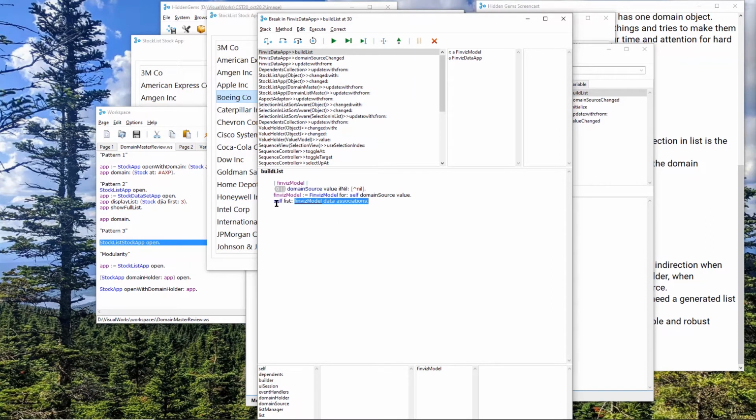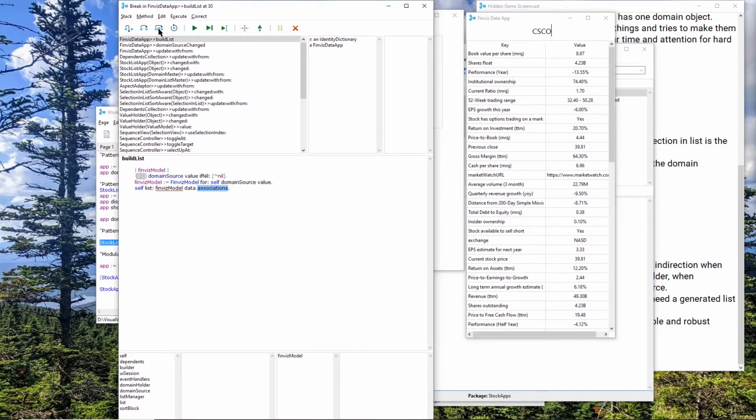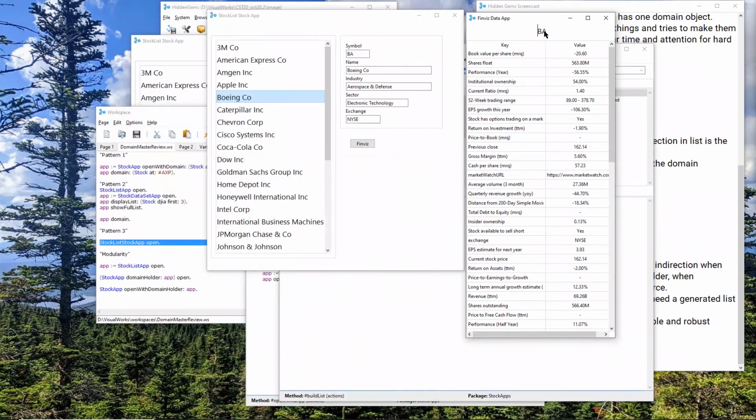And we just tell the app here, this is a list supported DomainMaster app, DomainMaster list, Domain List Master. We just tell it the list is these things. And in fact, when we do that, let's do that. And when it updates, there it is. All the new values, we have the symbol right up here, and that works as we go through. It goes out for each one of those. So that's how we extended